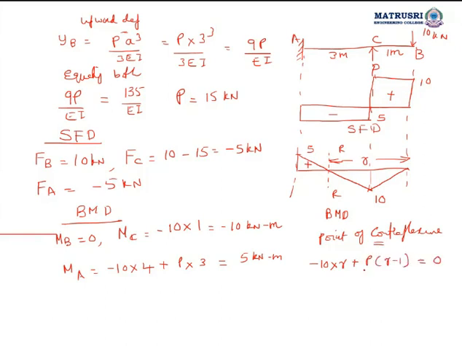Substitute the value of P is equal to 15. You get the value of R. R is equal to 3 meter. So 3 meter from where? From the free end. So you can take 3 meter from the free end. We should write 3 meter from